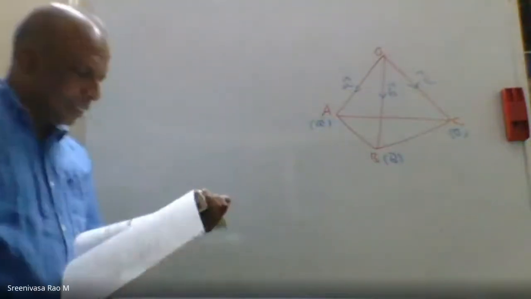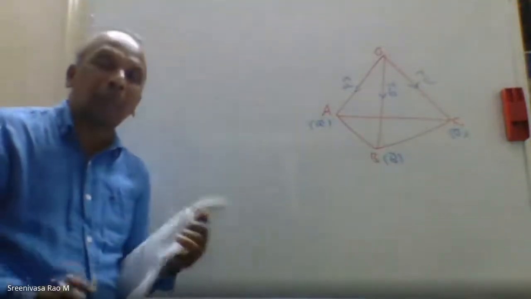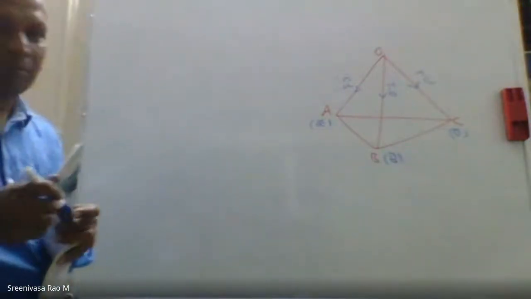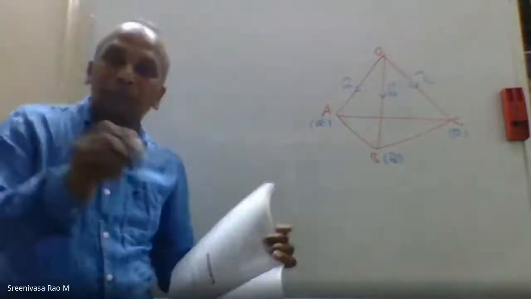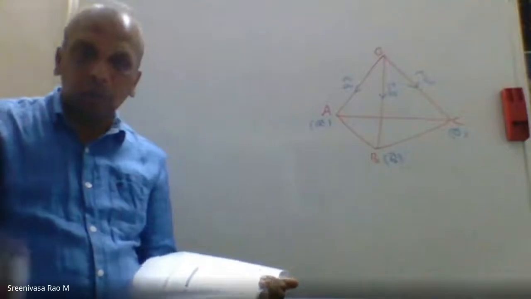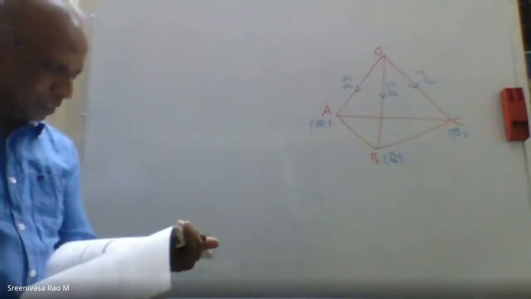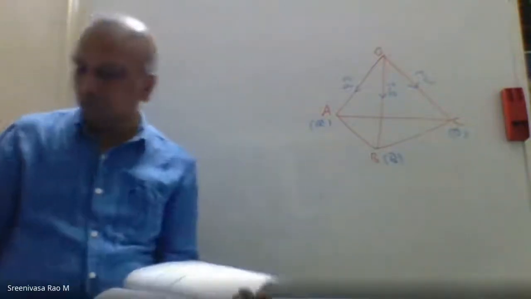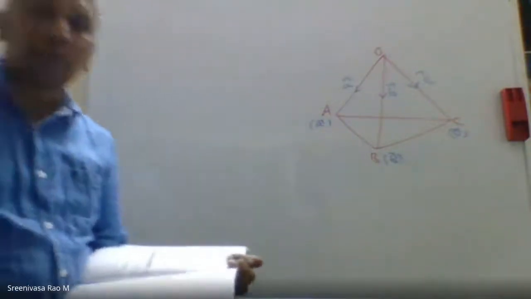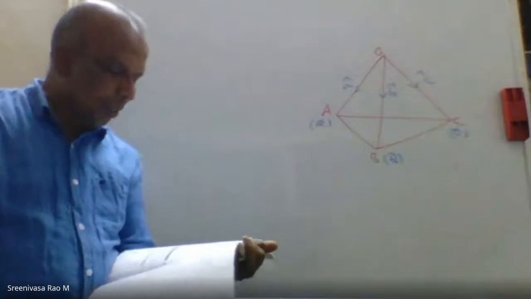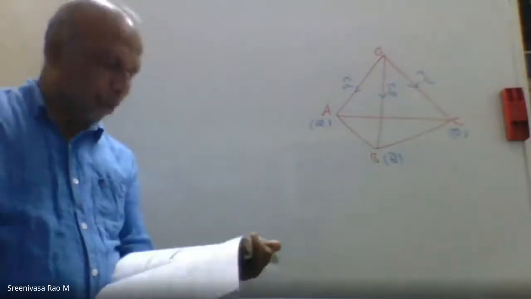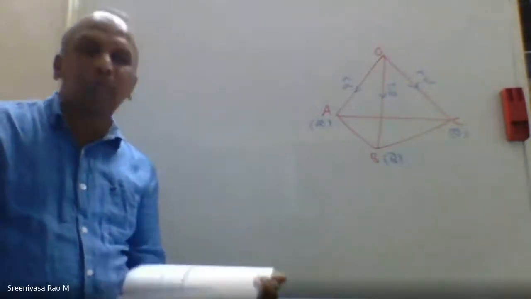So this one is the center of the sphere. Always remember, the center of the sphere and the center of the tetrahedron are both the same. That means if we take any 4 points on the sphere and join them, it gives a tetrahedron. So the first point: the center of the sphere is the centroid of the tetrahedron.